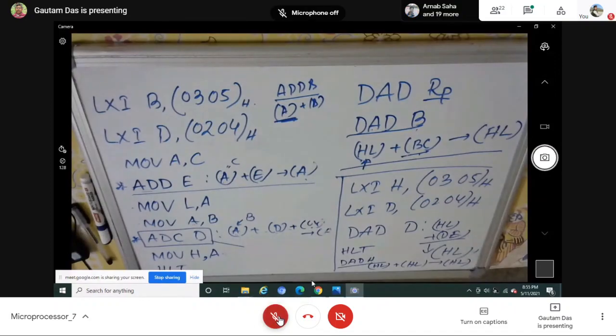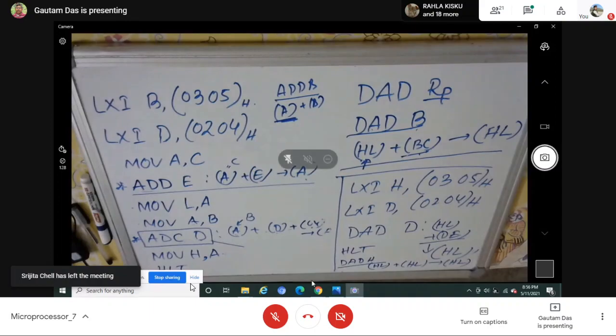No, LXI, what is the operand? For the LXI instruction, forget about ABCD. What is the operand for LXI? First tell me the meaning of LXI. Then it will be clear what the operand will be. Load X means register pair. Load register pair immediately. So what will be the operand? A register pair. Is A a register pair? So you cannot use A with LXI.